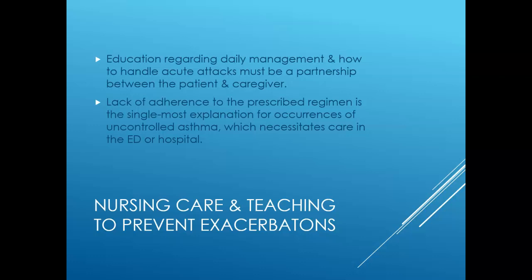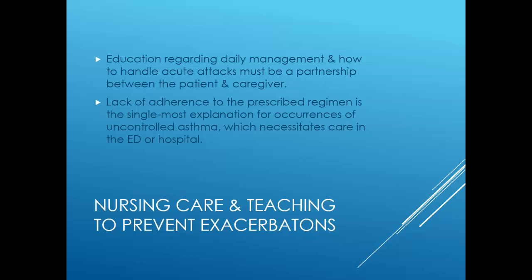It has to be a partnership between the patient and the caregiver. So if it's not the patient, the parent. And as you'll see in the schools, you will see some children who have more controlled asthma than some who don't. And you can see on those who oftentimes have really poorly managed asthma, there's not really a partnership between the caregiver or you as the nurse and the parent or the patient. And so it's very much encouraged to get a trusting relationship and to find a plan of care that helps to decrease